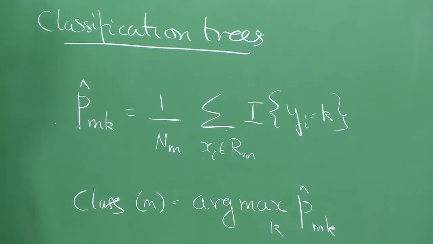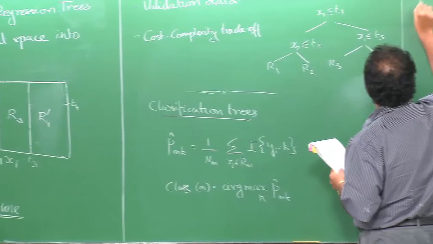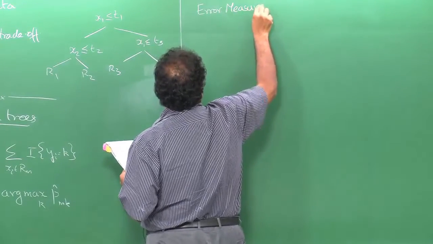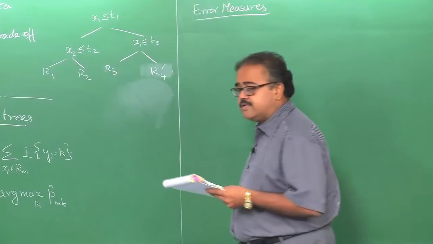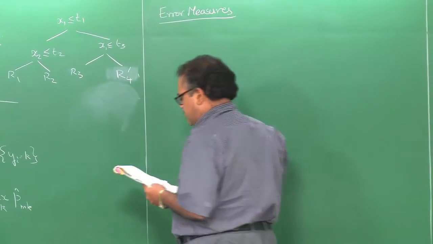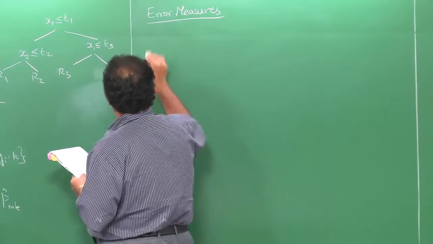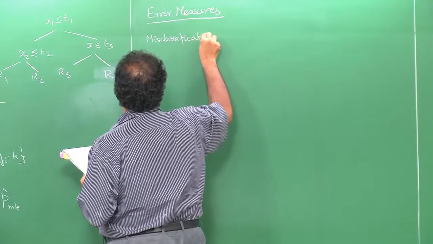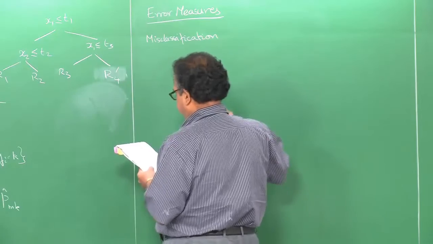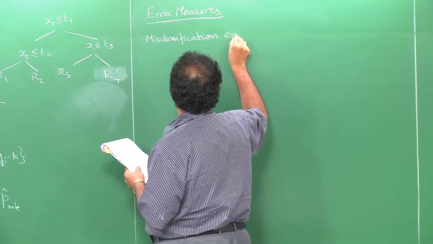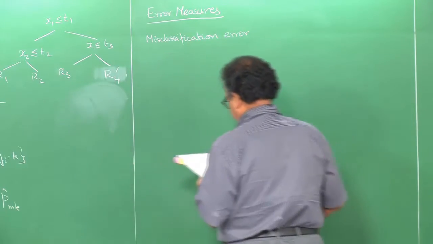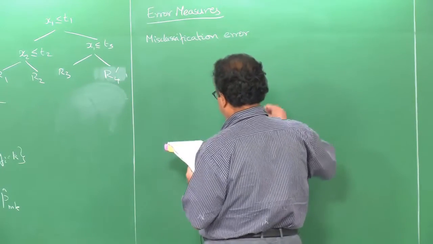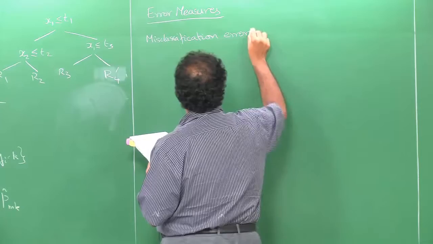Okay. That makes sense. So, we look at the different error measures that we can use. So, what is the most popular error measure in classification, or which is the most appropriate error measure in classification? Is a simple thing called the misclassification error. The misclassification error is given by